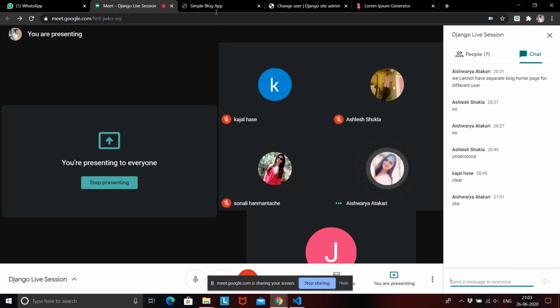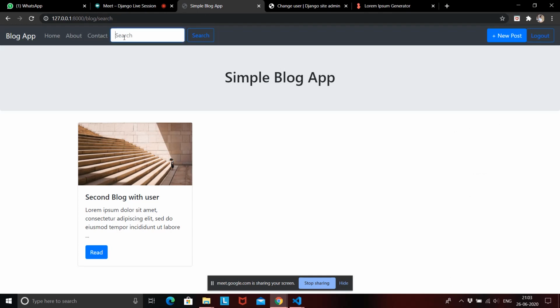Yes, I'm getting your point. So what you can do is, instead of having a search bar over here, you can have a filter method like a drop down, in which you choose what attribute you want to search in. Suppose I want to search using the users, so I'll select that option and it will give me an option to enter a user. Suppose I want to enter a title.